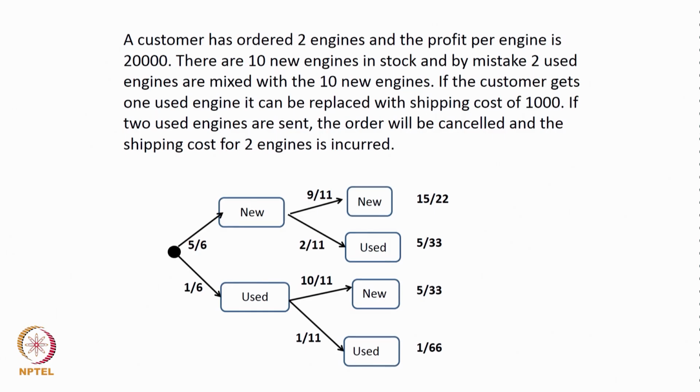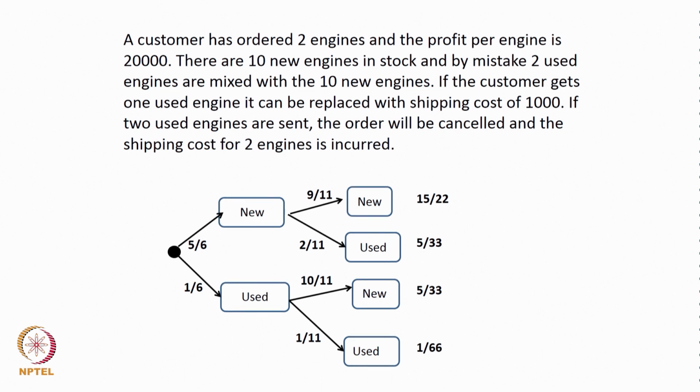Now, the second one: if the first one was a new engine, then out of the 10 new engines 1 has already been picked, and 11 are remaining. So, another new engine would be 9 by 11 and a used engine would be 2 by 11. And in the first instance, if we had by mistake picked a used engine, then the second one picking a new engine is 10 by 11 and picking another used engine is 1 by 11. Therefore, the probabilities are 15 by 22, 5 by 33, 5 by 33 and 1 by 66,